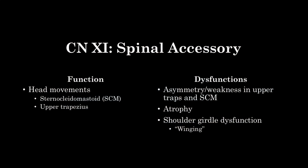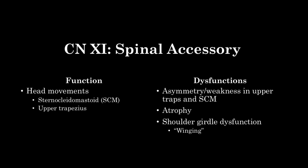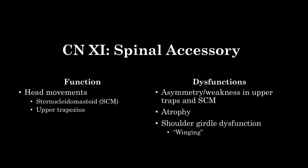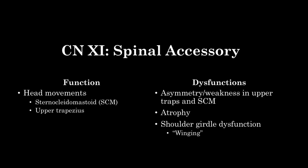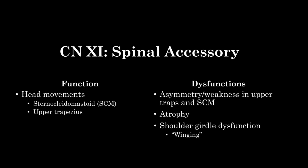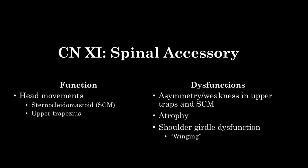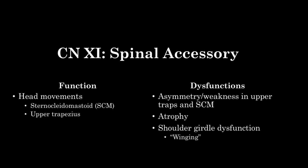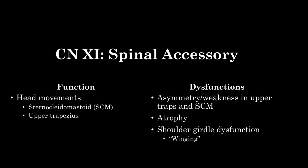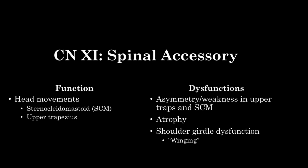So lastly, we will be testing cranial nerve number 11. This is spinal accessory. Its function is head movement, specifically of the sternocleidomastoid and the upper traps. Dysfunctions associated with this nerve involve asymmetry, weakness in the upper traps or the sternocleidomastoid. We may observe atrophy or a shoulder girdle dysfunction, such as scapular winging, all associated with any dysfunction with the